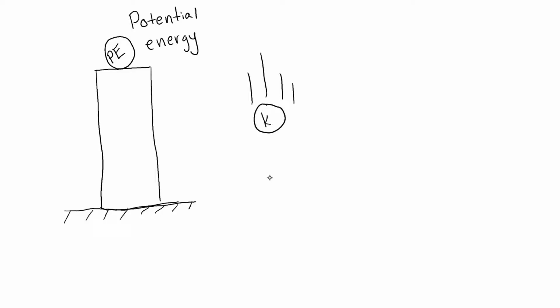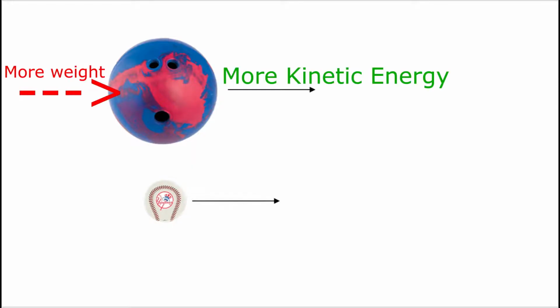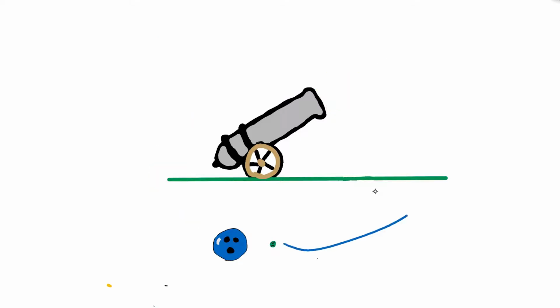Kinetic energy is created when an object is moving. Just like potential energy, kinetic energy also depends on how heavy the object is. This means that if two objects are moving at the same speed, the one with more weight will have more kinetic energy. For example, if we shoot a bowling ball out of a cannon and we shoot a tennis ball